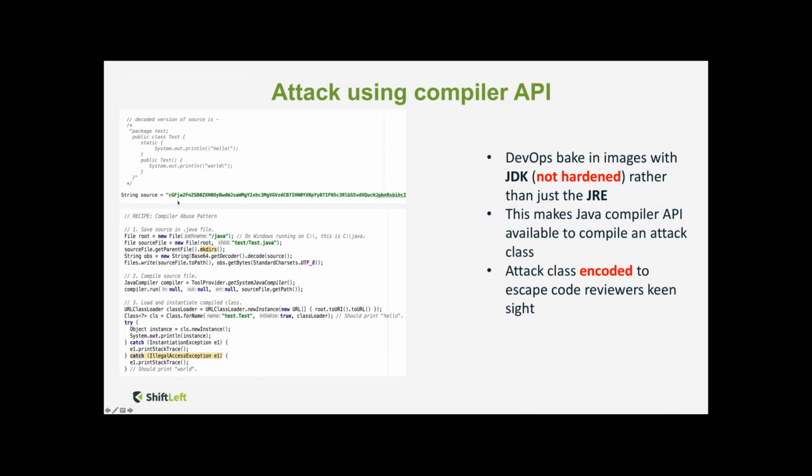You see a string source, a long obfuscated or encoded string, which actually represents a class, which contains a static type and a constructor. And notice that there are a series of function blocks here. The first thing it's doing is decoding this encoded string, saving this as a .java file in some restricted folder or any folder on your file system, and then initializing an instance of the compiler, because now you have the JDK available at your disposal. So now you can compile this attack class. So this particular call is compiling the attack class and then instantiating the attack class or loading it in the